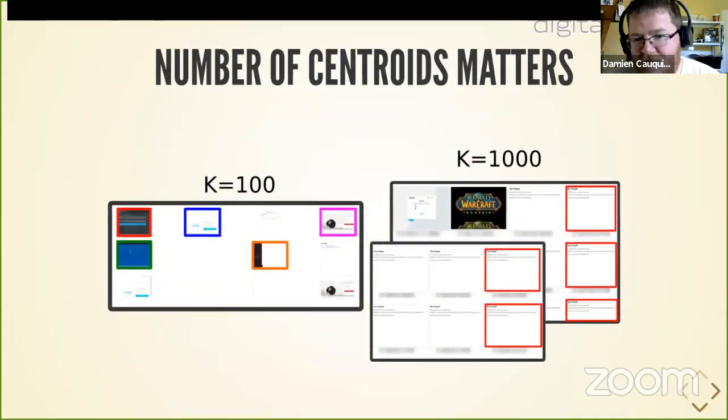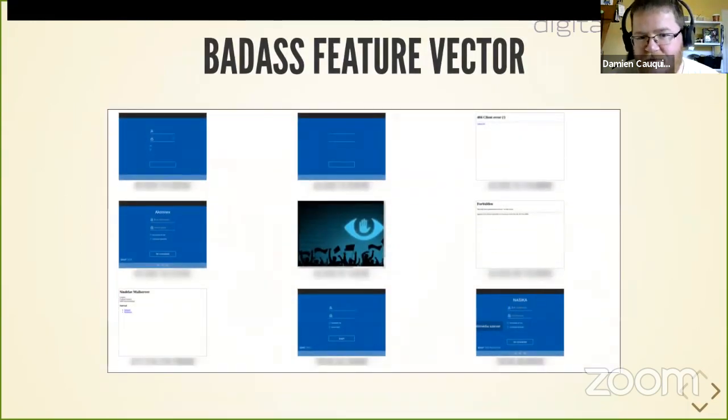Remember, the number of centroids matters. You need to pick the right number. I tested this tool with a k of 100, and it didn't work very well because I got a lot of various devices in one group. I tried it with 1,000 centroids, and it gave me too many results, with many similar devices spread among different groups. I also tested the badass feature vector with the Levenshtein distance and so on, and it gave me